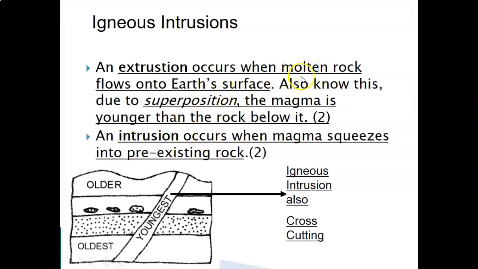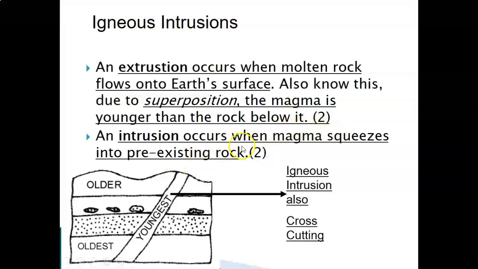So once again, molten rock that flows to the Earth's surface, due to the law of superposition, that means that this one's the youngest. It moved across all these other rock layers. And so we call those intrusions, meaning that they intruded. Think about it like you're at a party and you're having a great time, and then all of a sudden someone that you didn't invite shows up. They're an intruder, kind of like that. It's the same idea as, hey, these sedimentary rocks are having a great time, and then bam, an igneous intrusion comes through,